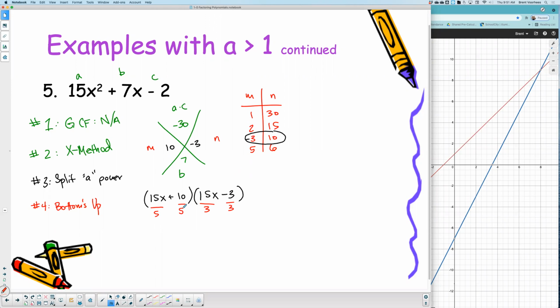It just doesn't look like a 15. It looks like a 5 and a 3. But we mathematically get this true solution. 15x divided by 5 is 3x. 10 divided by 5 is 2. And then the back linear factor, 15x divided by 3 is 5x. And negative 3 divided by 3 is negative 1. There's our solution. While I give you a moment to write it,